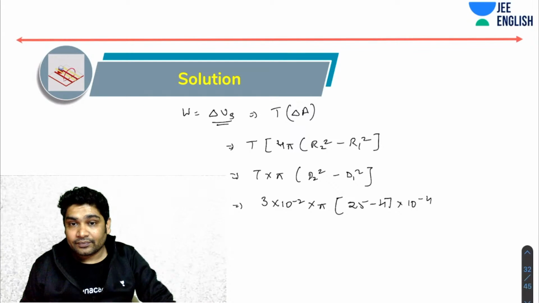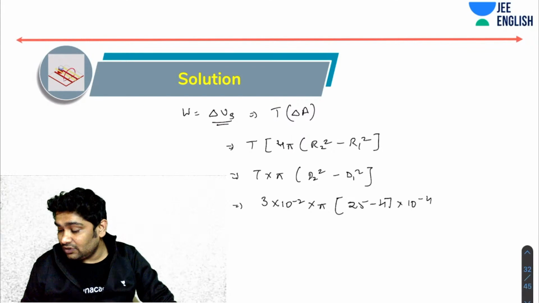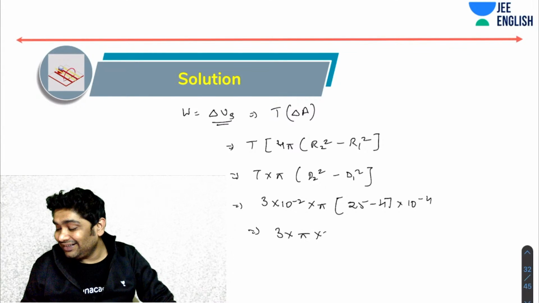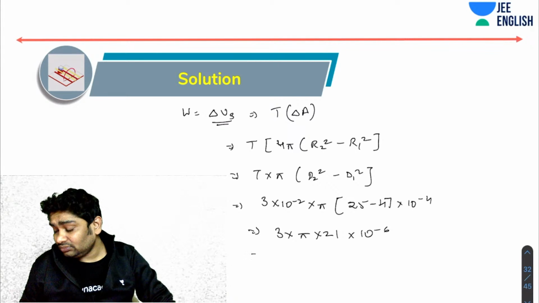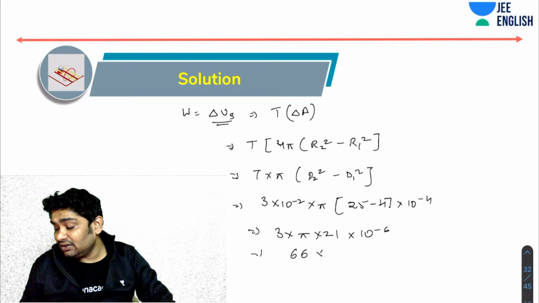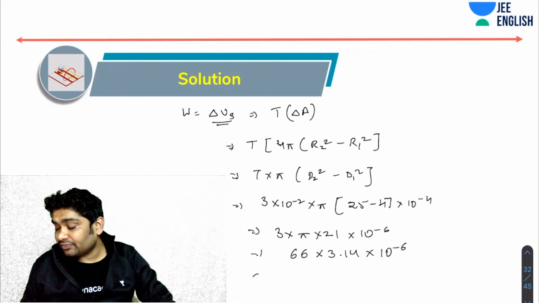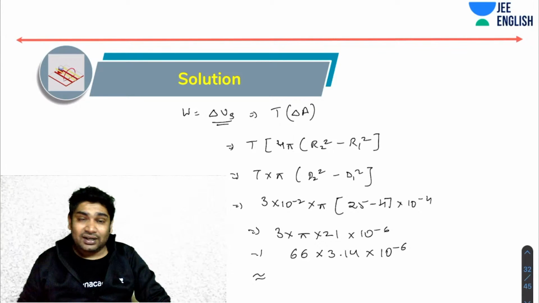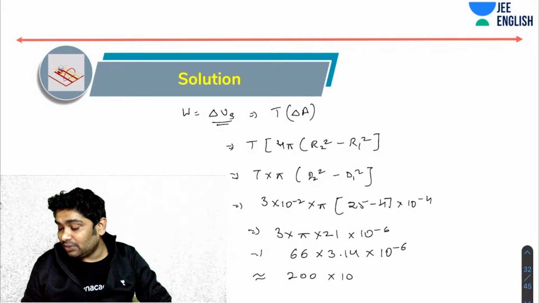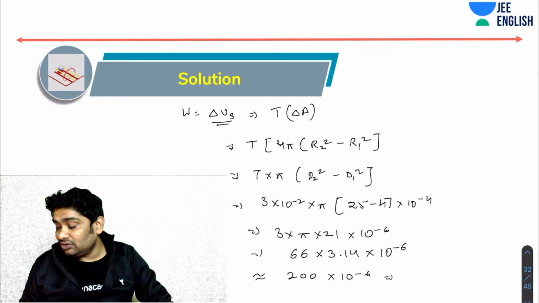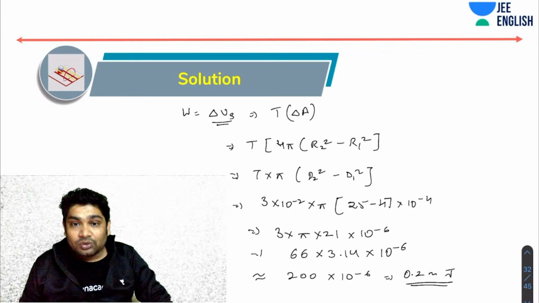ओके, ये कितना बना, 3 × पाई इंटू 21 इंटू 10⁻⁶। तो ये हो गया हमारा 66 इंटू 3.14 टू 10⁻⁶। रफली ये कितना हो गया, 200 के आसपास हो गया, 200 इंटू 10⁻⁶। तो मिली में अगर कन्वर्ट करेंगे 0.2 मिली जूल आएगा, 0.2 मिली जूल होगा आंसर।